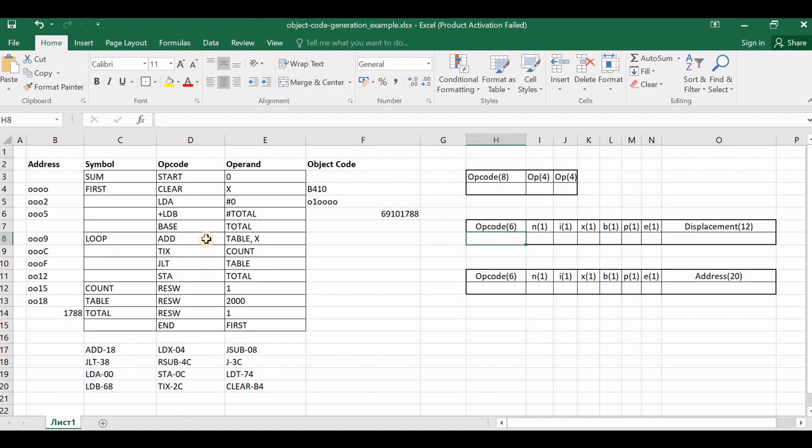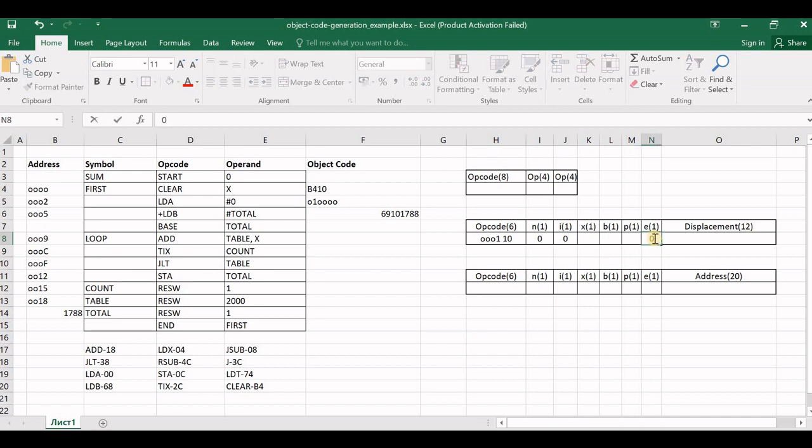So what is the opcode? The opcode field is add. So what is the hexadecimal opcode for instruction add? It is 18 hexa. So replace the 6 bits with 18 in binary. So it is 0001 and 1000. The next 2 bits have to be continued to the n bit and the i bit. Next, this instruction is in format 3. So the e bit is going to become 0.